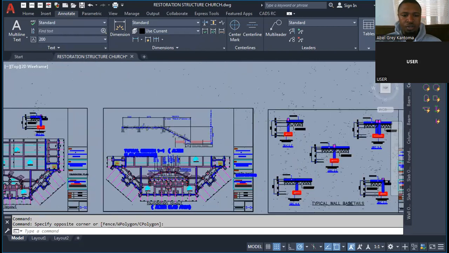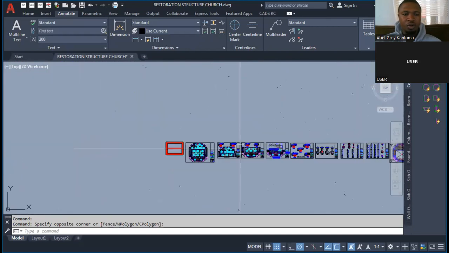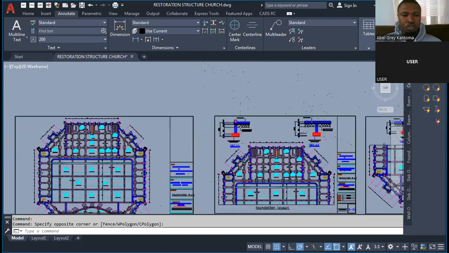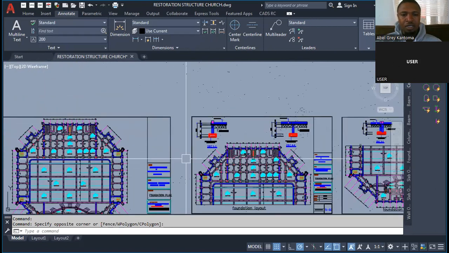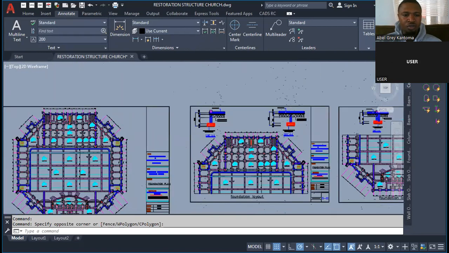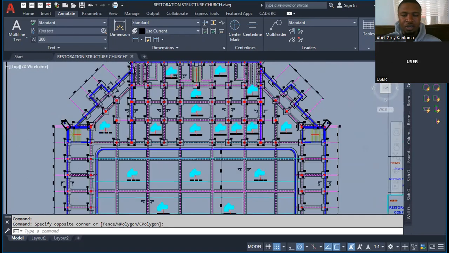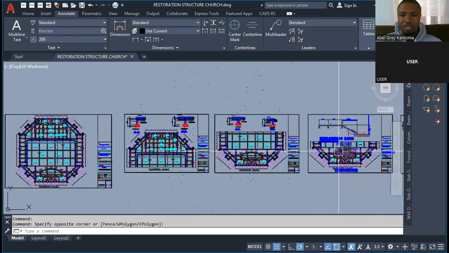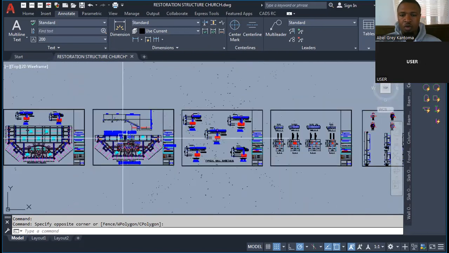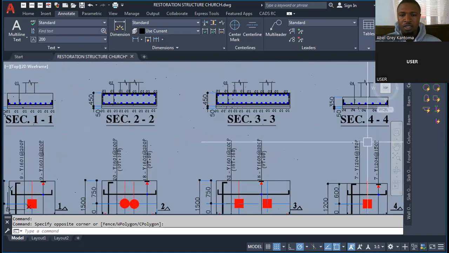What else? It's the same thing. All of this is just cutting a section, just to blow this up and make it look bigger. So you just cut a particular place here, and that is why it is like this. But it's the same foundation layout that we have all through. Then here we have our